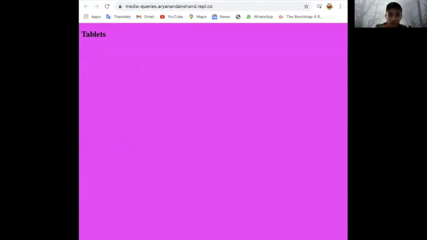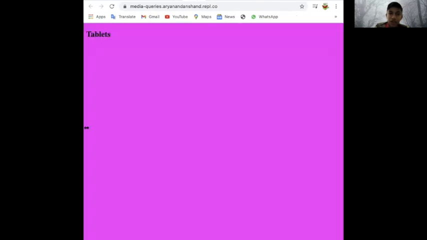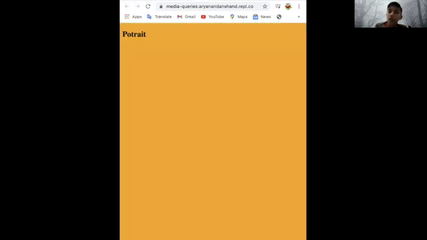Now I'll again shrink it. Now it's the green color and the landscape is being shown. Now I'll go further down and portrait is being shown for the orange one.